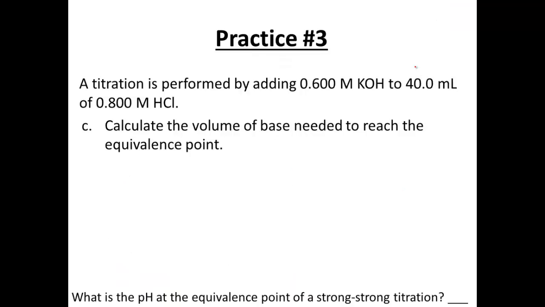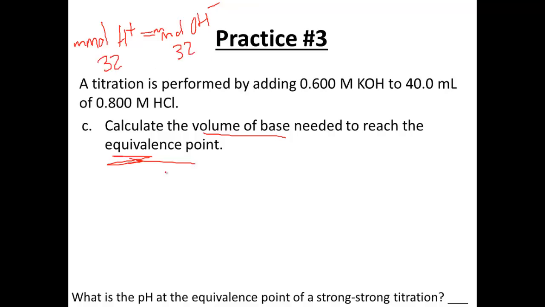Okay, up next we have still our same thing we're working with. Now we want to know how much volume of base it's going to take to reach the equivalence point. Well, what's equal at the equivalence point in a strong titration is the moles of H plus are equal to the moles of OH minus. Or another way to think about it is the millimoles of H plus are equal to the millimoles of hydroxide. Well, if we have 32 of these, we need 32 of those to be equal to it. So we know we need 32 millimoles of